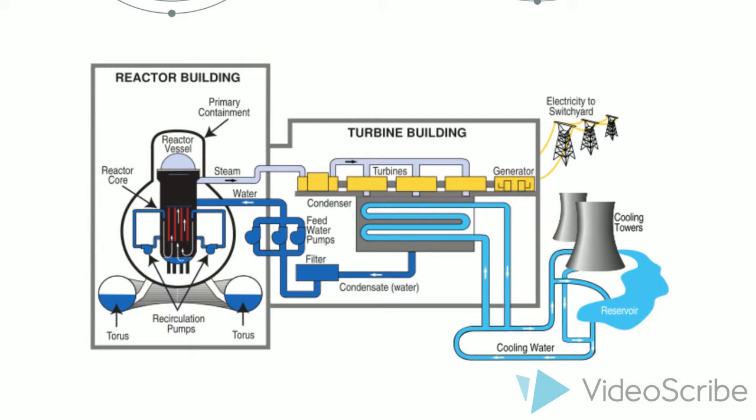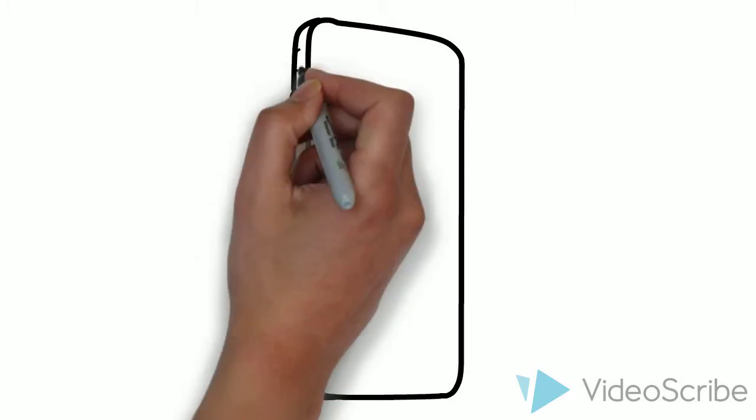Thus, once this chain reaction is activated, the energy created is used to boil water and spin the turbine in an attempt to generate electricity. The chain reaction is controlled by the control rods, which can slow down or completely stop the reaction, as they contain materials with the ability to absorb neutrons.